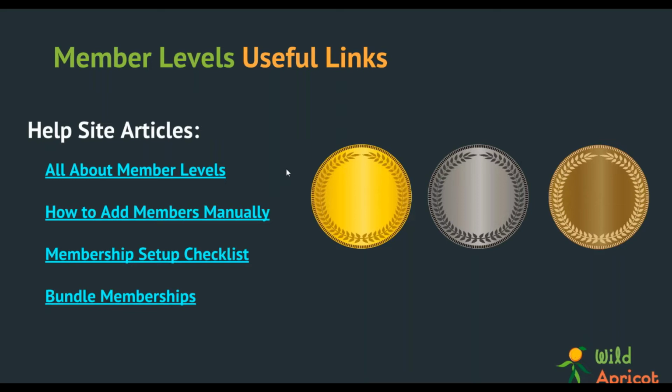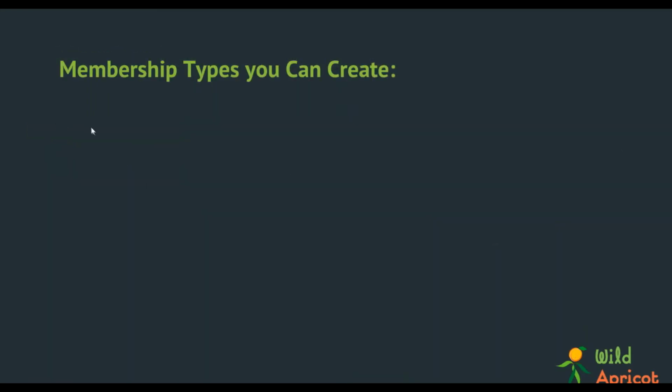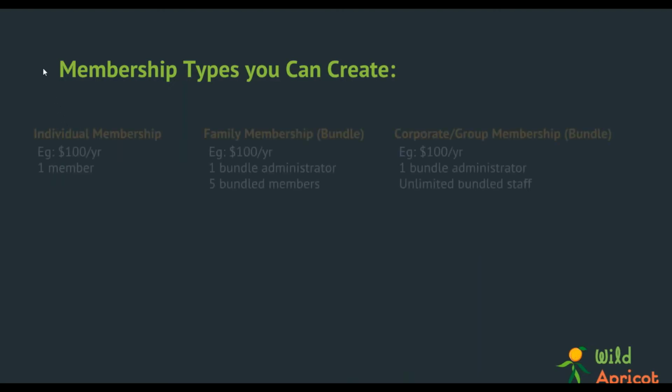I got a couple of questions in, about a company that has 6 members in their gold level subscription. Somebody's asking if there's such a membership that can have multiple people per type of membership. And yes, that's absolutely possible in Wild Apricot. We call it bundle memberships, and I'm going to be touching on it in just a moment. So all of that is really possible, which is why I thought this would be really useful to learn. And here we go. Let's go look at some of the options that are available.